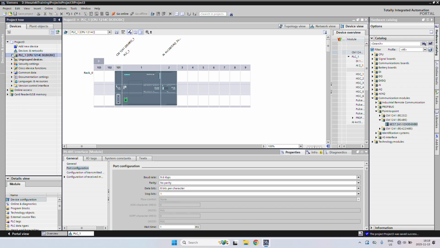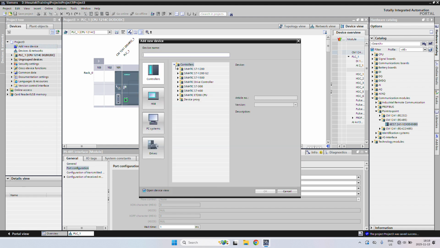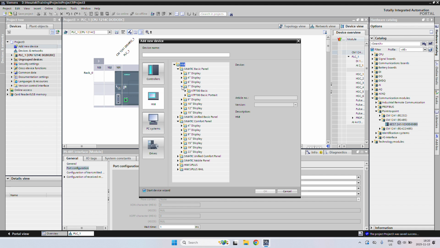So now what we have to do is add one HMI. In the same way we can select the HMI, whether we want 4 inch, 7 inch, 9 inch, 12 inch, 15 inch, or we require a basic panel. In the basic panel, visual scripting we cannot do. High-end applications like scripting or high-end recipes we cannot do in the basic panel, but in the comfort panel we can do that. So based on our application we can select the 7-inch KTP 700